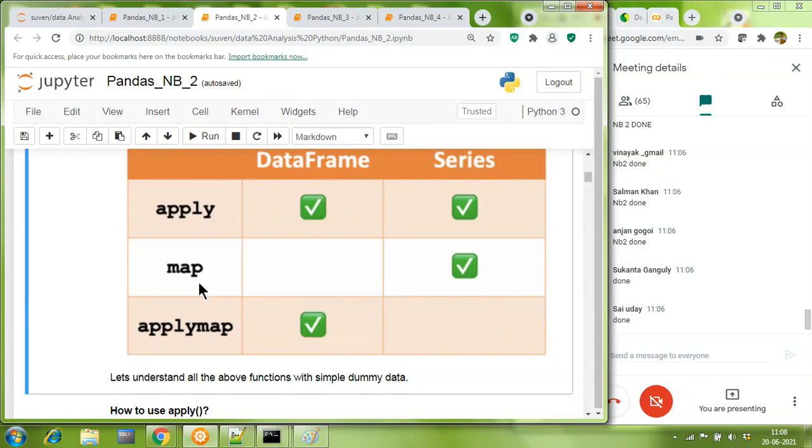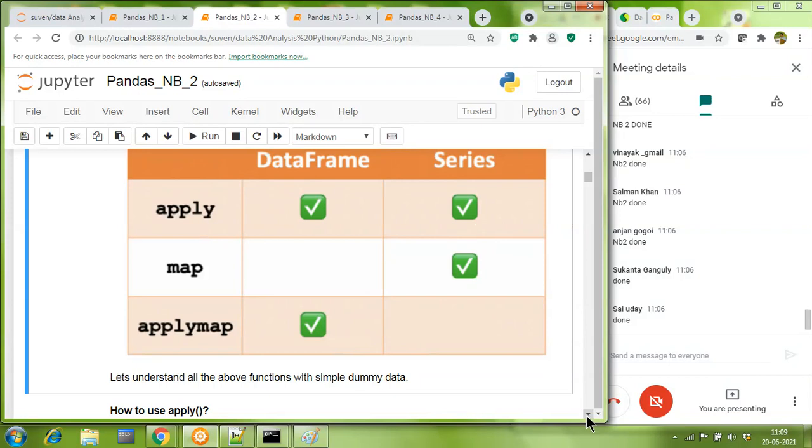I repeat, map and applymap are similar, or I should use the word same, in terms of their functionality. So they have very similar functions. The only difference is map works over a series in exactly the same way, and applymap works over a data frame. Okay, apply is very frequently used because apply works equally well on both.